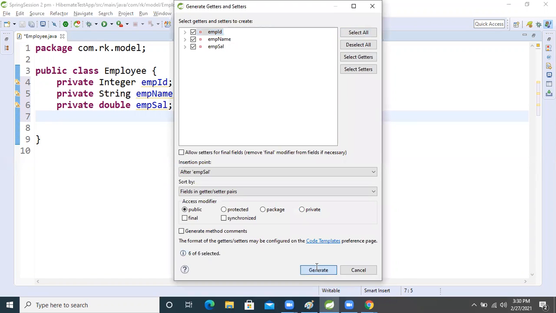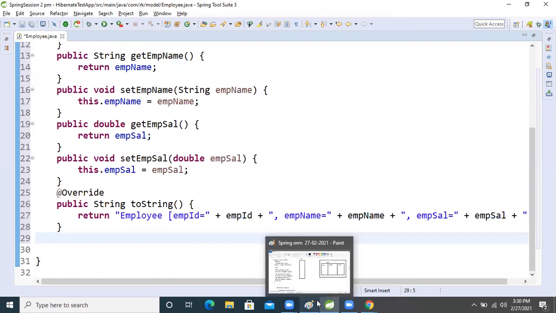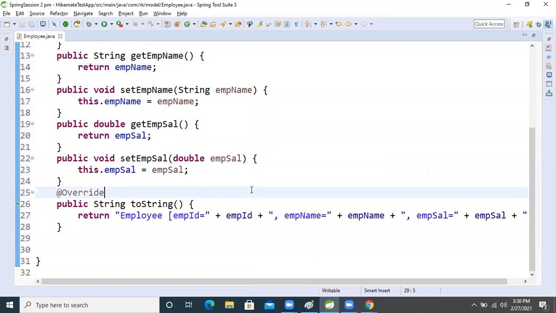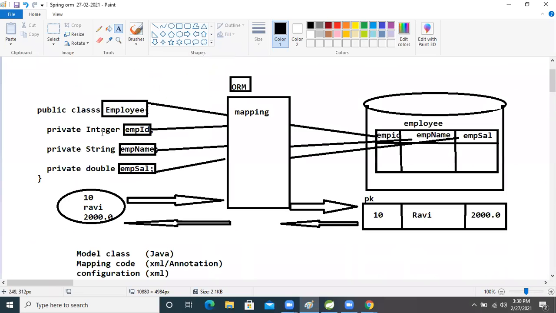Select all, right? Generate it. Now Alt Shift S plus S. Now toString also I'm generating. Okay, now our class is ready, but I said that inside it, I said that which annotation is mandatory,